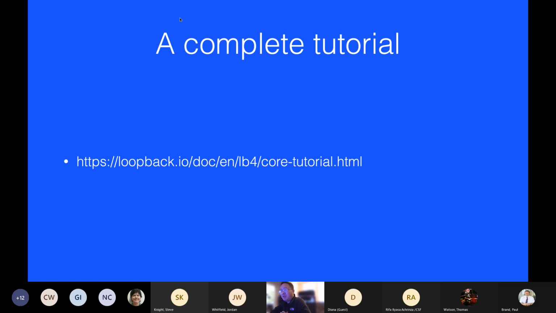I personally built CLI applications using LoopBack. We build server-side applications using LoopBack. I even build applications inside the browser that utilize LoopBack. So really, the core foundation is the base platform that helps build large-scale applications or even frameworks yourself. And another interesting thing is we have an LB Open API